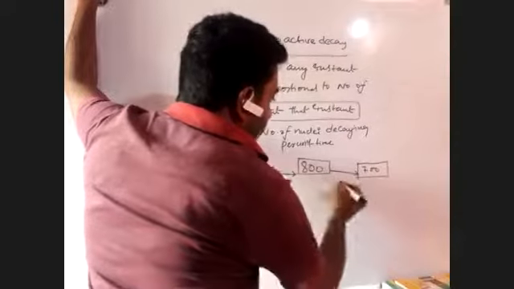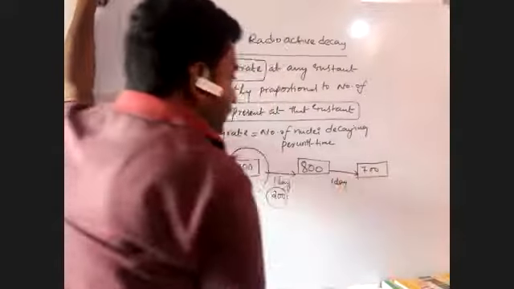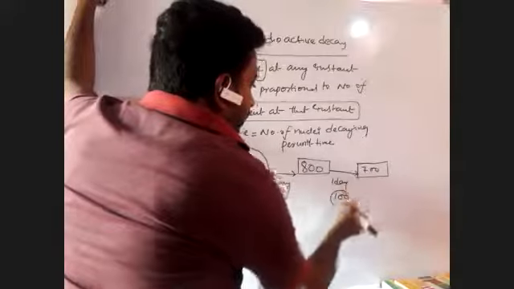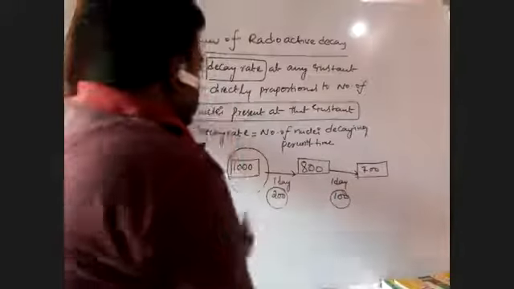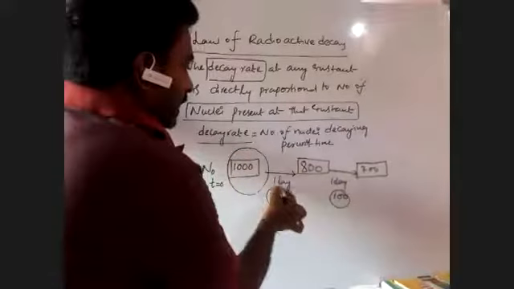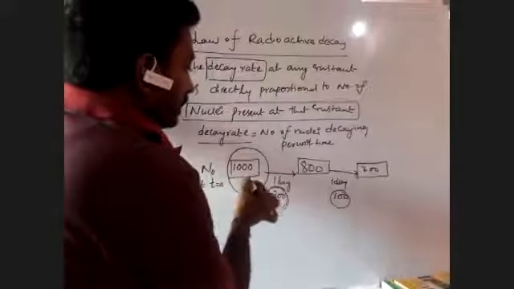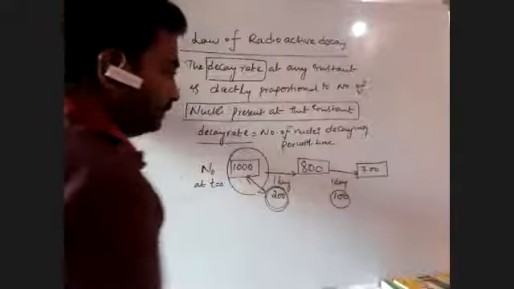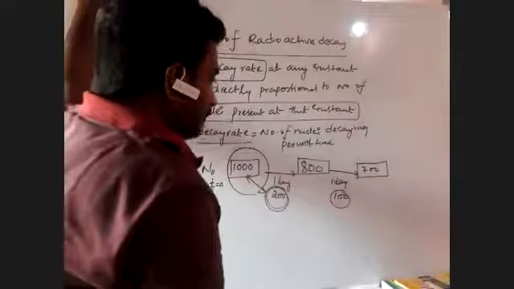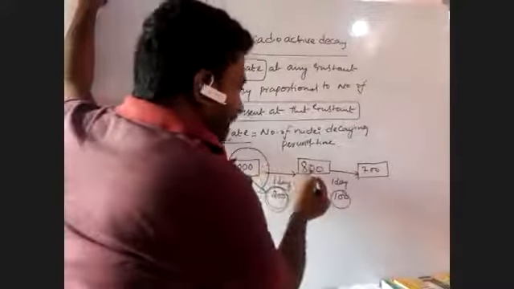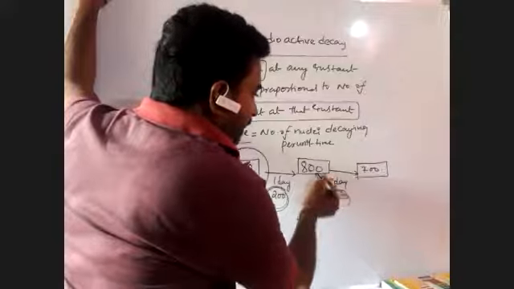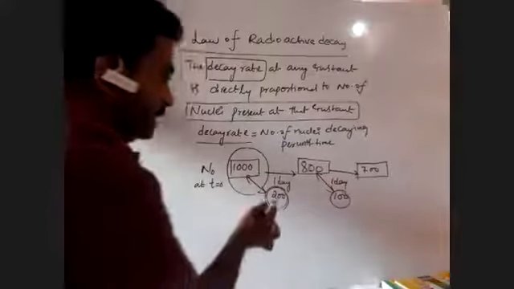Then for the next 1 day, it is the same time. But what is the difference? Only 100. Now the decay rate is 100 per day. So the decay rate is 200 when 1000 nuclei are there, 200 are decaying per day. When 1000 becomes 800, after 1 day, then only 100 are decaying per day. So what did you observe? This decay rate